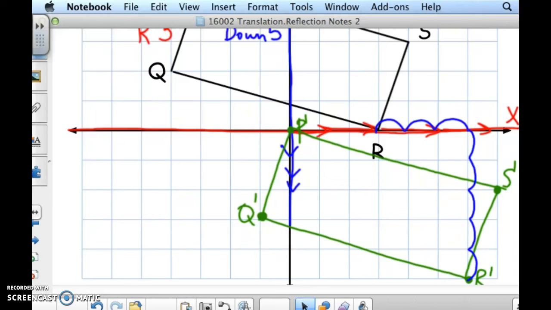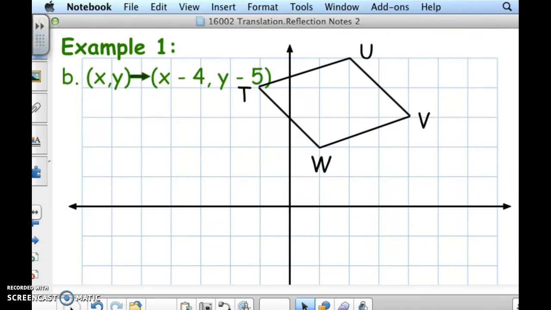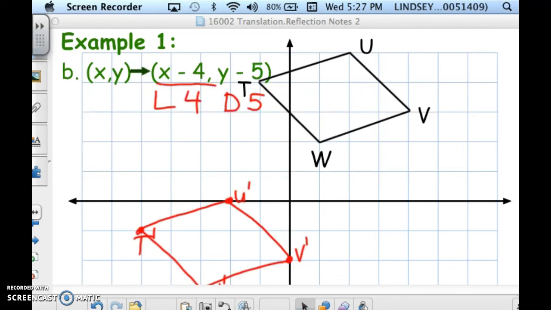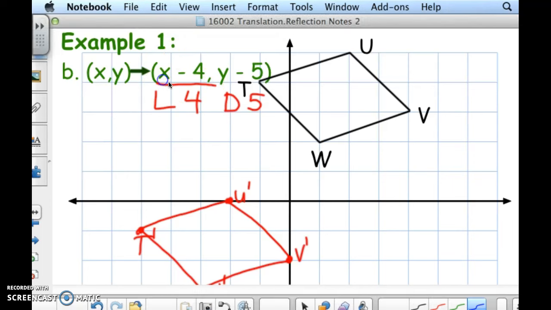So I want you to turn your page over, and I want you to try this last one. I want you to brainstorm on what that's going to look like. And I want you to pause your video, and I want you to try it all on your own. Last couple of seconds, I want you to recognize, I noticed that X -4, I was thinking of my X-axis, how I move side to side, right? Here's my X-axis. And I thought, where is X negative? Oh yeah, it's negative over here, which means anytime I see X -4, I'm going to think I'm moving to the left 4. And again, I had Y